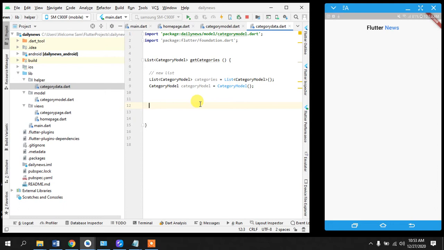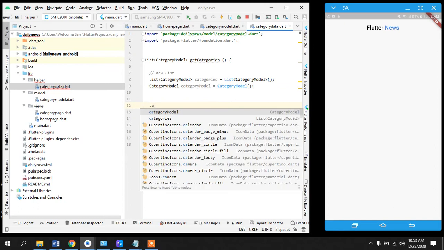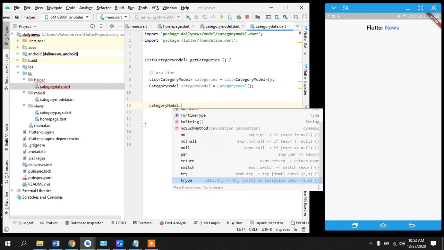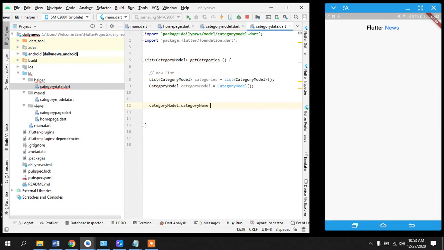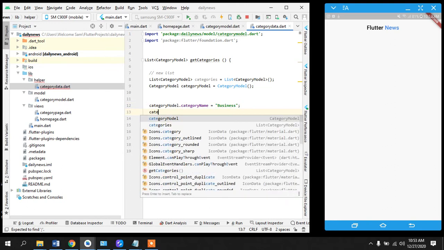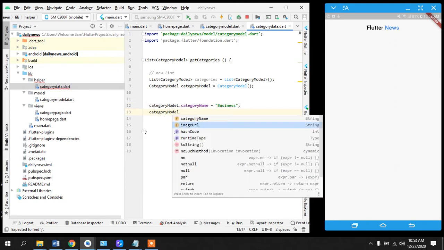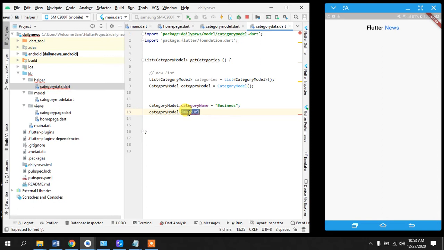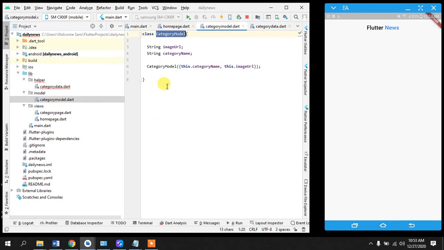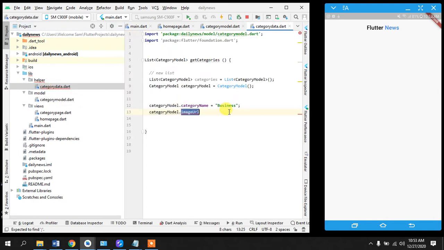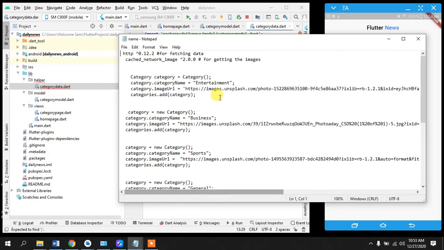So what I have done here is category model, category name is equal to business, category model image URL, because we had created that named constructor, that is why we are seeing this, is equal to, so I'll take the URL from here,